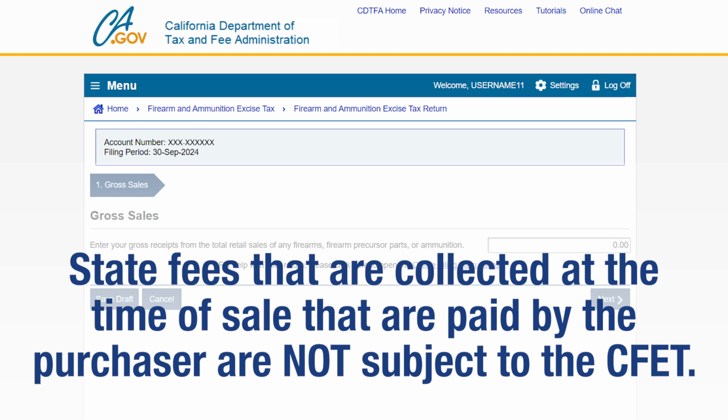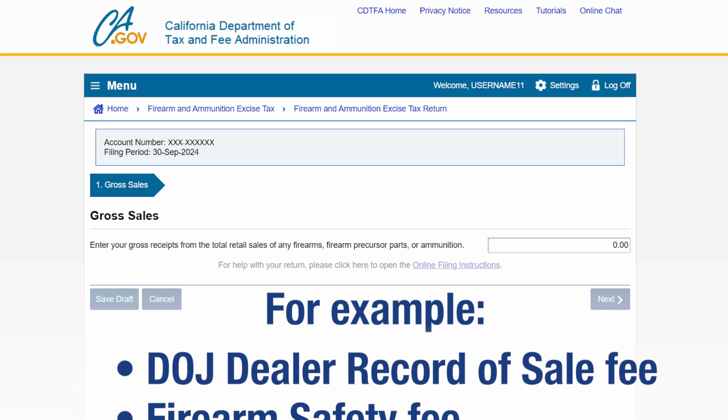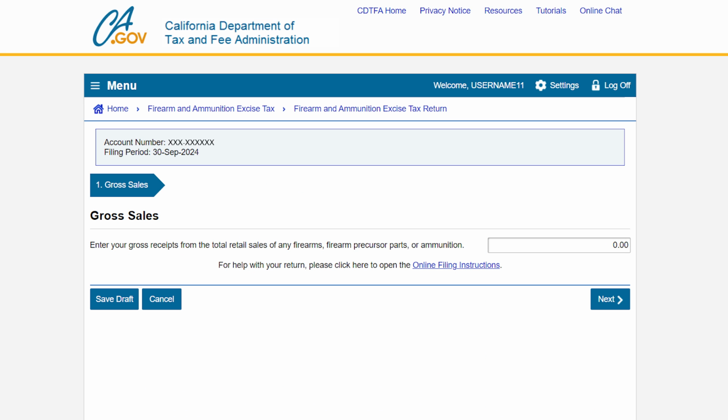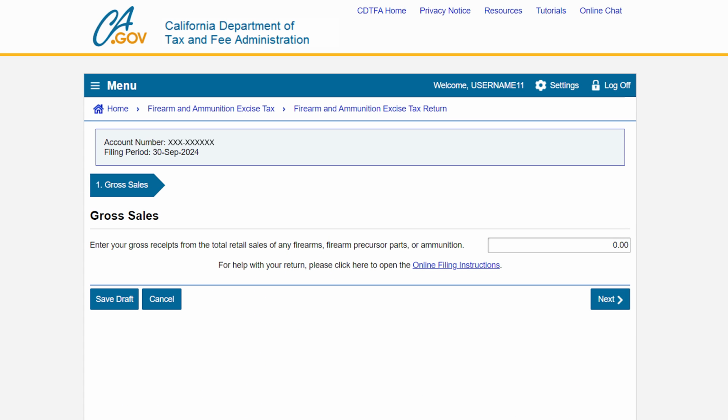State fees collected at the time of sale that are paid by the purchaser are not subject to the CFET and should be excluded. For example, the State of California Department of Justice, DOJ, dealer record of sale fee, firearm safety fee, safety reinforcement fee, and sales and use tax would not be included when calculating the CFET. Also, sales and use tax separately stated on the invoice or receipt should not be included in the gross receipts for CFET. In our example, we have